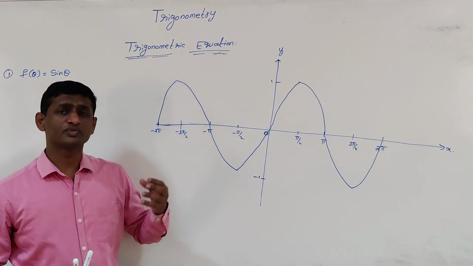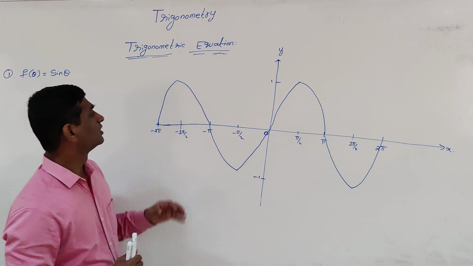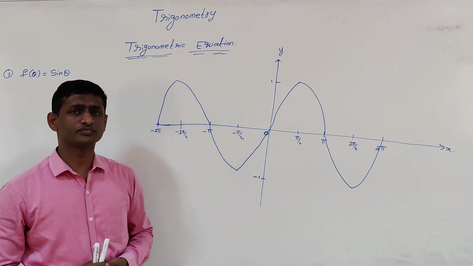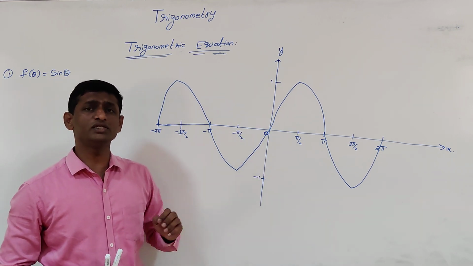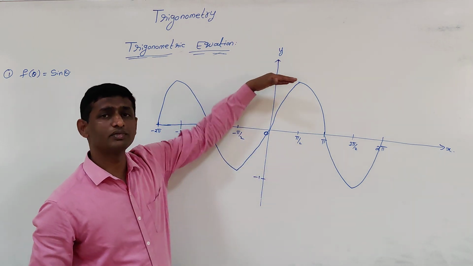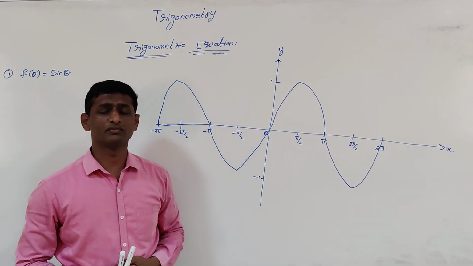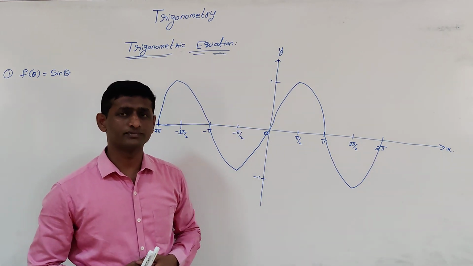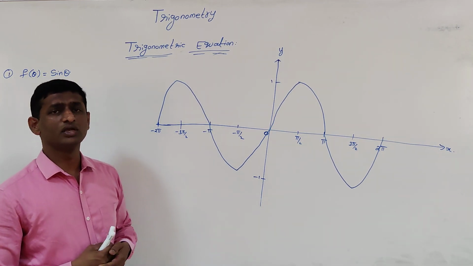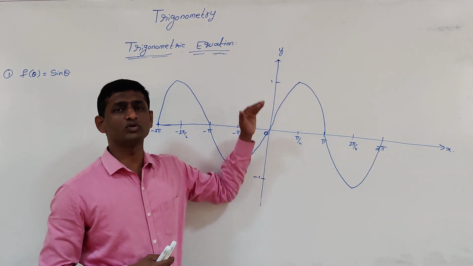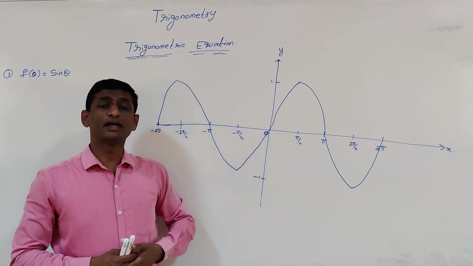So we will see what the principal solution is for sin theta. That is, we will go for the graph of sin theta. For sin theta, the domain is R and the range is the closed interval -1 to +1. Means all the values of sin theta lie between -1 and +1 only. It oscillates between -1 and +1. If we keep on rotating the angles, you will have different values that lie between -1 and +1.